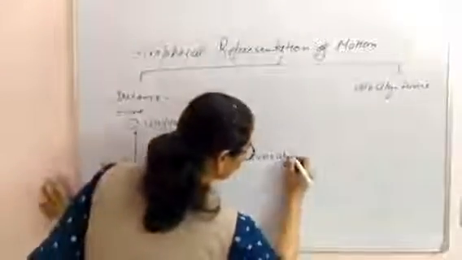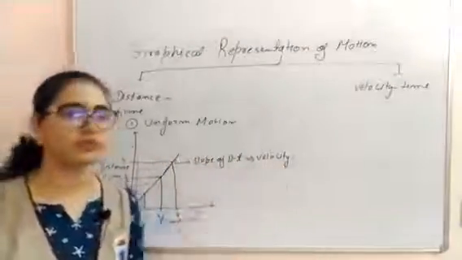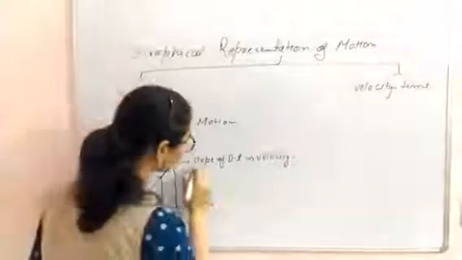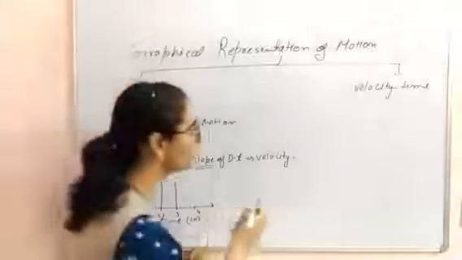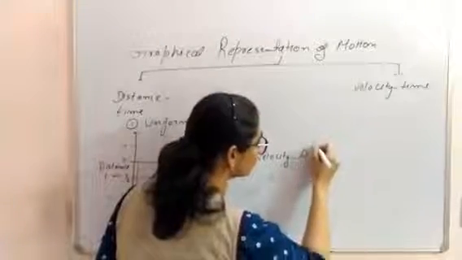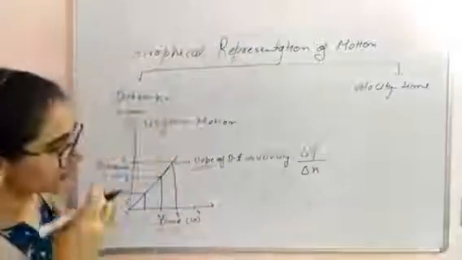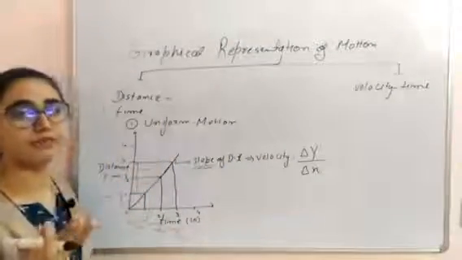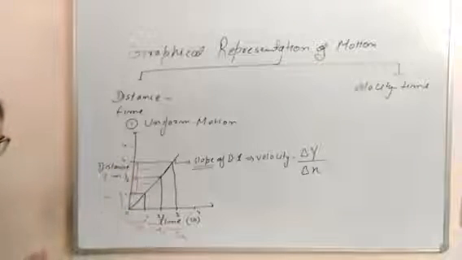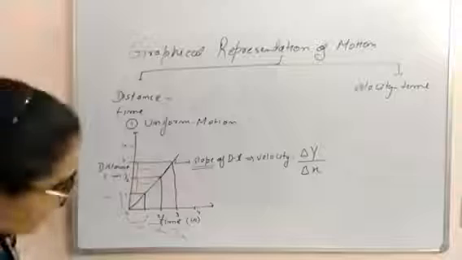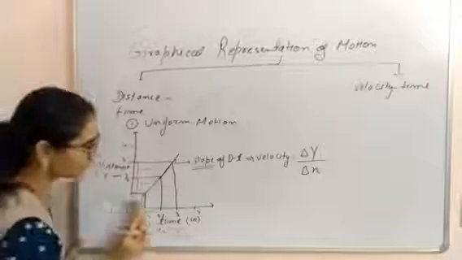Okay, so while we are talking about it, the slope of a distance-time graph will always give you velocity. And when we are talking about the general formula of slope, that is delta y upon delta x. I think you are aware of the delta word. Delta means difference. I'm redrawing this graph once more, as I have already mentioned a lot of things in this one, so it will not be clear to you.